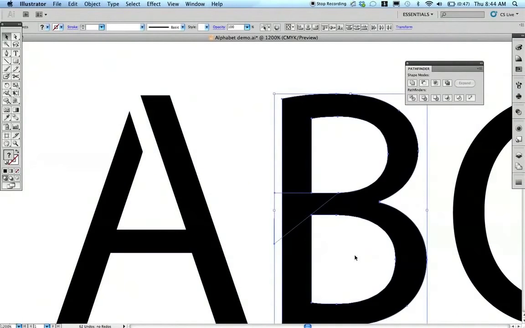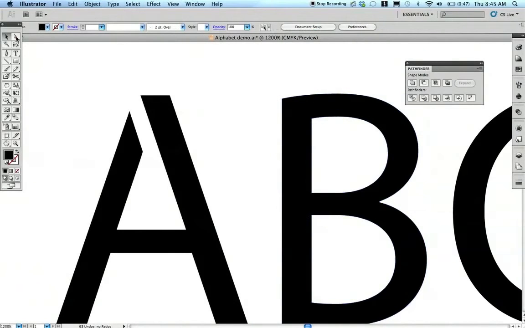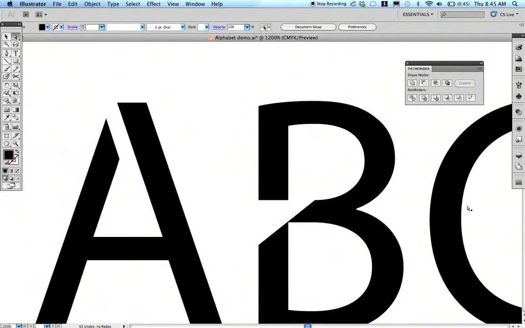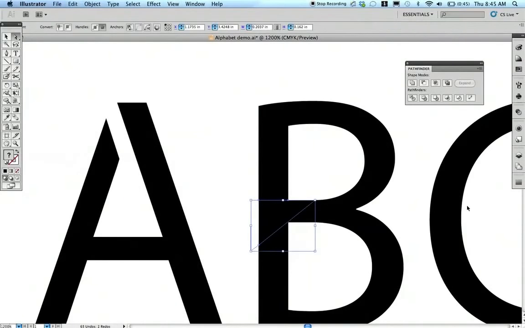Now B and triangle, Pathfinder, divide. I didn't see it blink, so I'm not sure if it'll work. Oh, it did. Okay, so that's sort of what I want to do, but I want to continue this shape through all my letters. So I'm going to undo that, undo the Pathfinder,